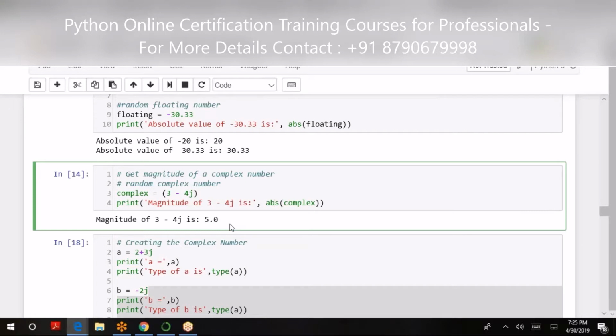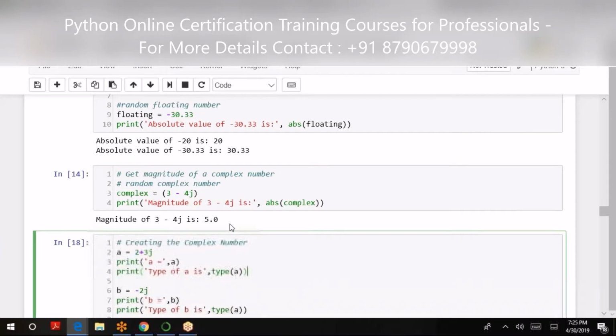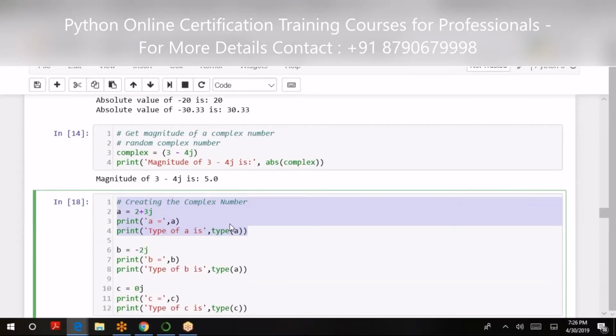This is something we call a Fourier transform, I'm just throwing out the term. A lot of times you come across this type of complex data, maybe something from biomedical, where again the data may be complex. So ABS works on positive, negative values, float values, and complex values as well.